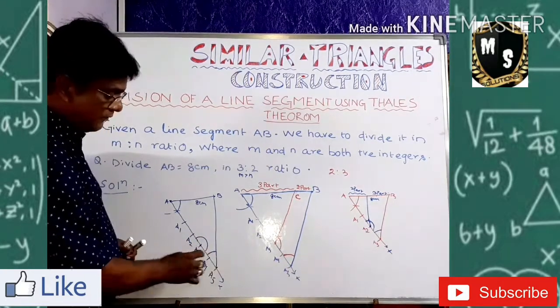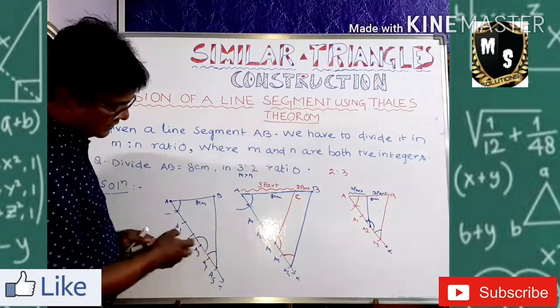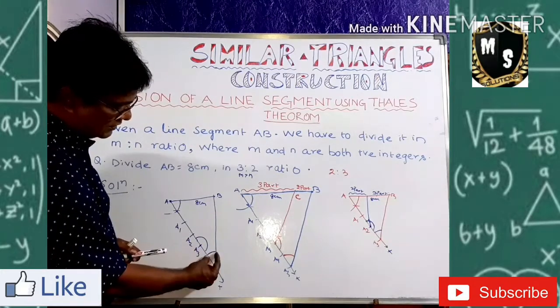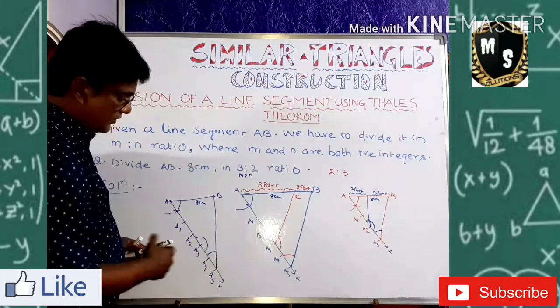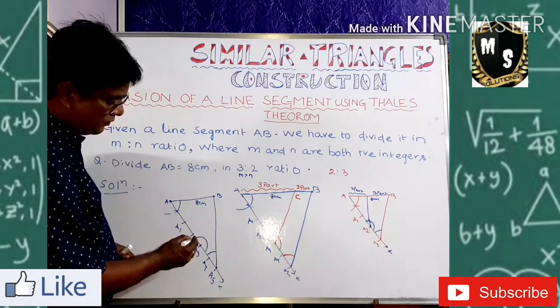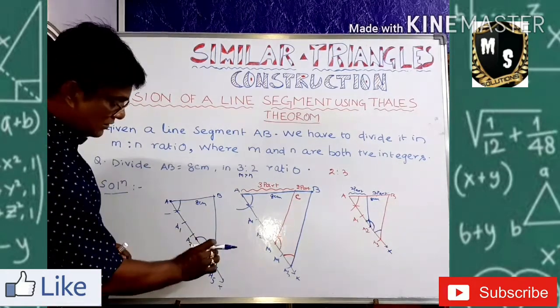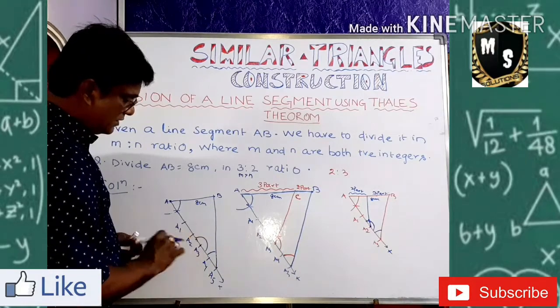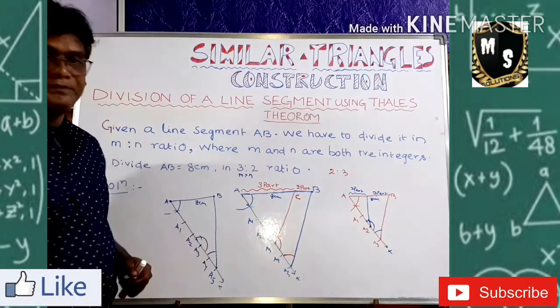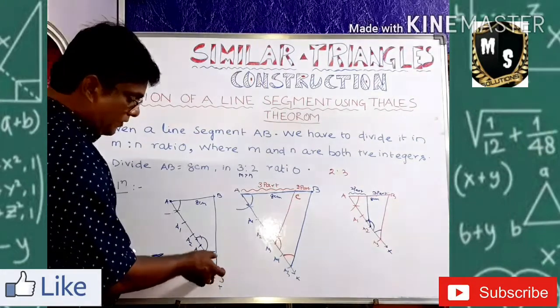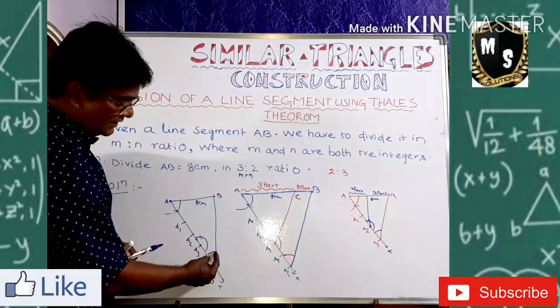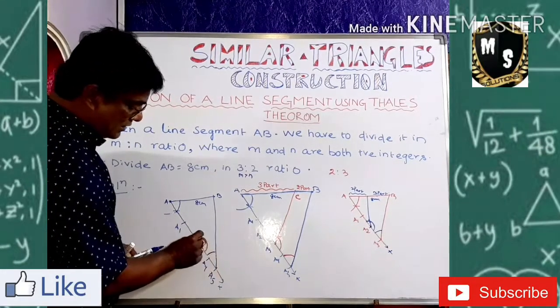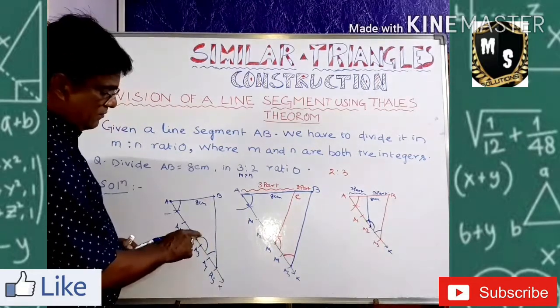Go for an arc cutting, then take the measurement. This is the measurement. See now, this to this is the measurement. That measurement you come to cut from here. Put your compass here and cut this measurement. Understood now? Now take this measurement and cut it from this arc.